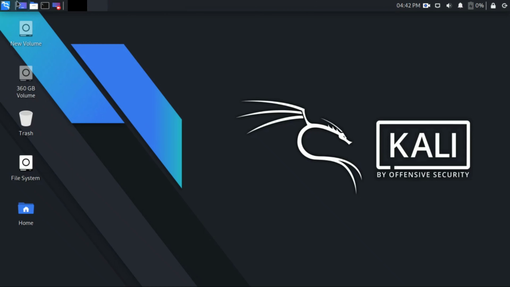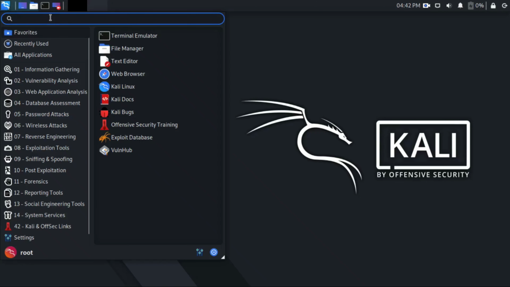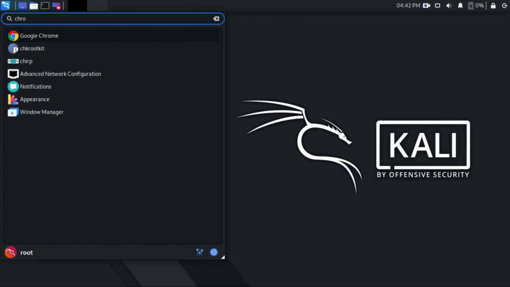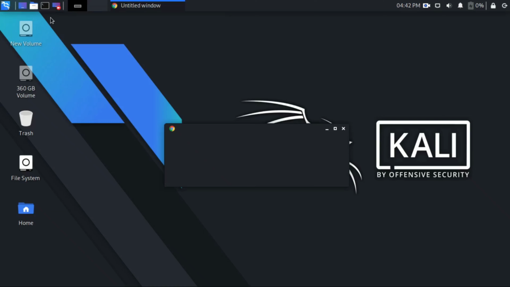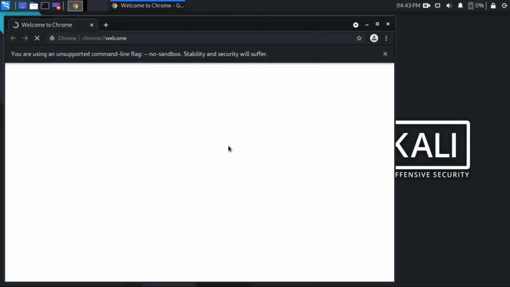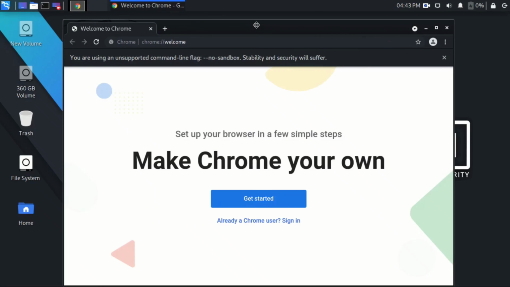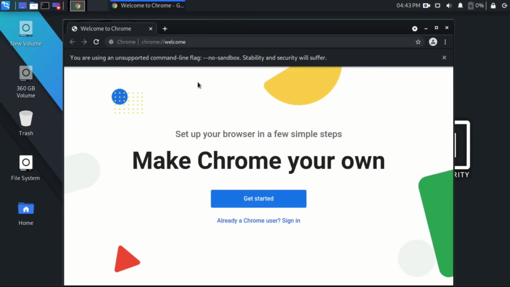Yeah, it's all closed. And now just go to Kali, and type here Google Chrome, and if you press enter, yeah, you can see now Google Chrome is opening clearly in the root. You just need to give that command. I will just provide that command in the description box. You can do it. Yeah, and Google Chrome is open, and now you know what to do.